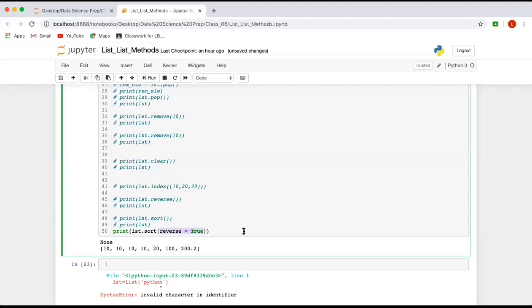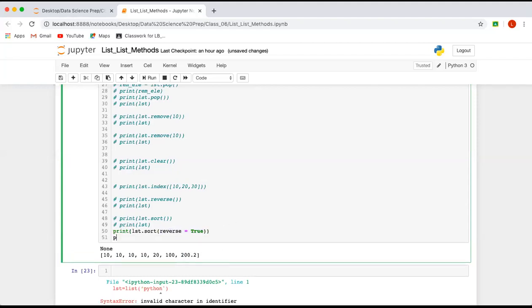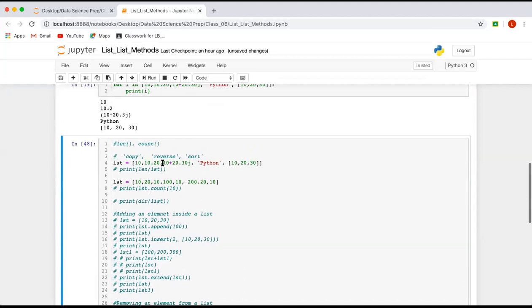It will sort it and then reverse it. Now if you print lst, you will see that it has been sorted in descending order. So all these methods we have cleared.